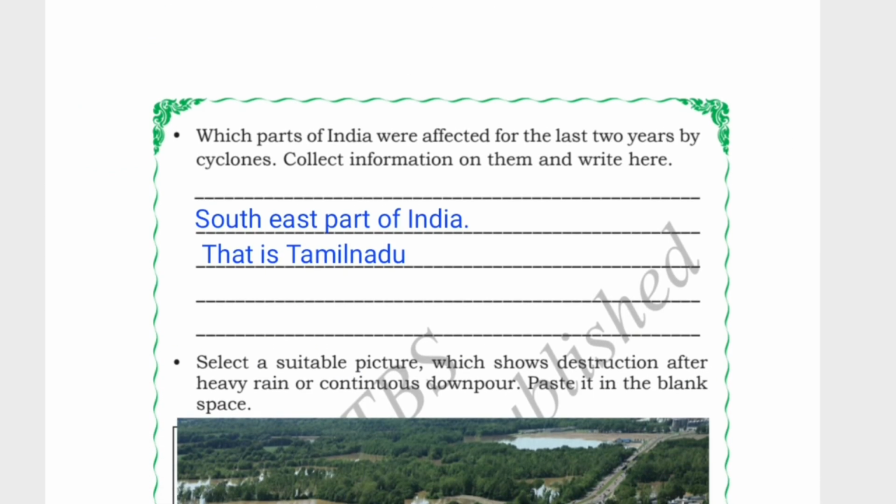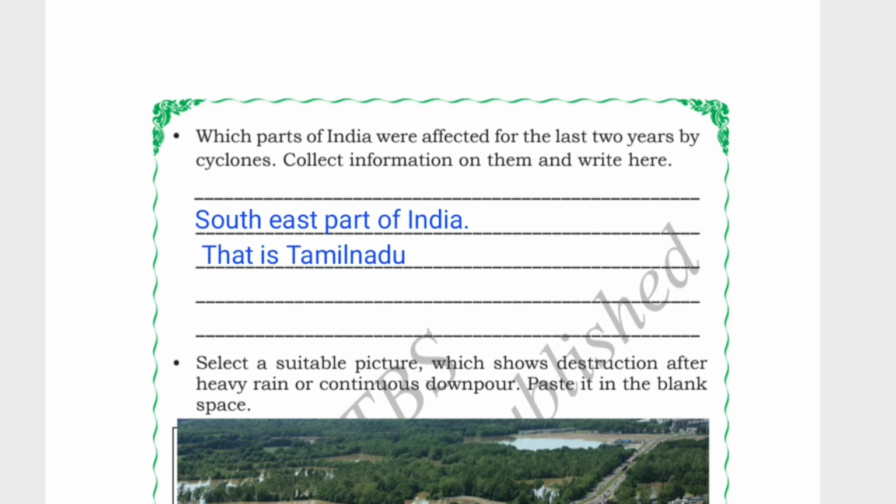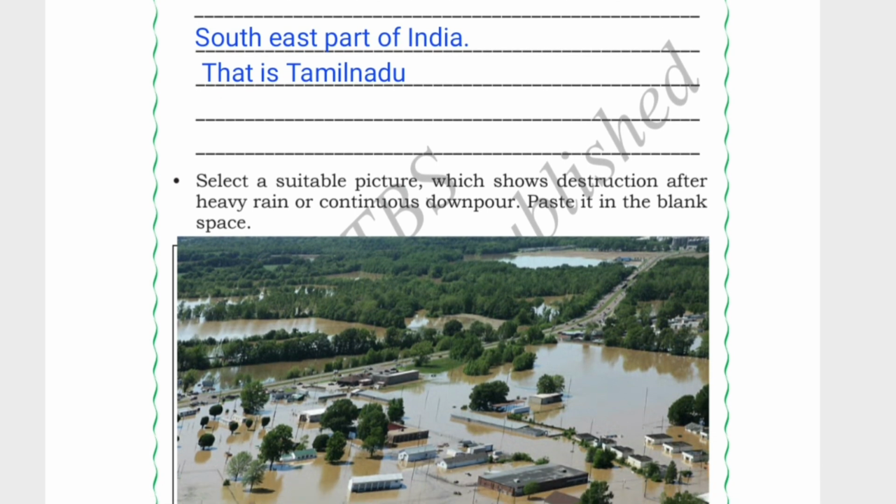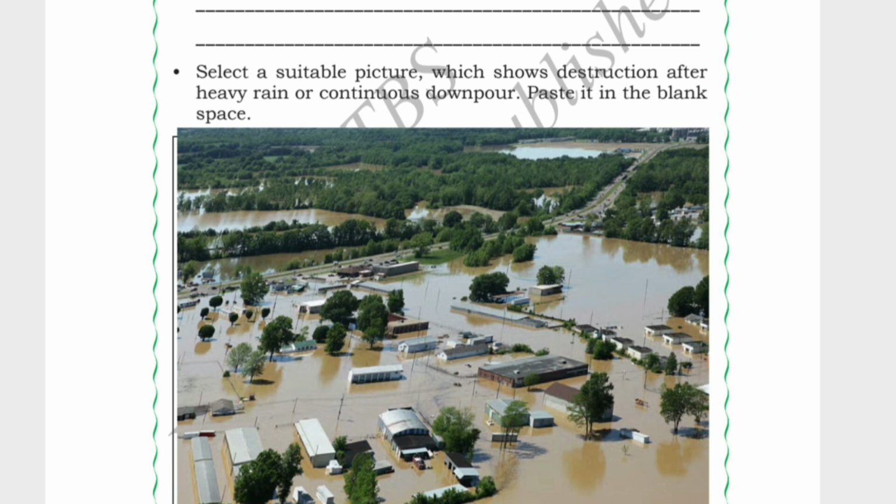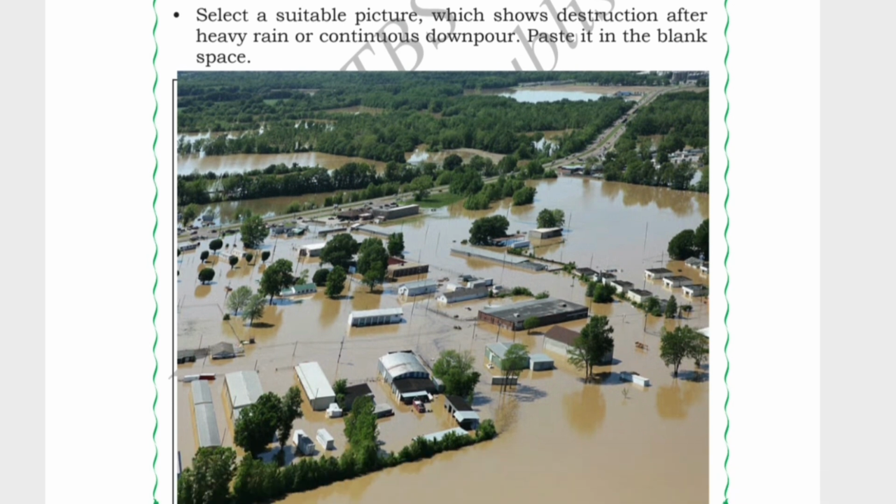The next one is which part of India were affected for the last 2 years by cyclones. Collect the information of them and write it here. Last year, southeast part of India was most affected by the cyclones, that is Tamil Nadu. So I have selected the suitable picture which shows the destruction of a heavy rainfall. I have just taken a picture and pasted here about the flood, destruction of flood. You can see here whole area is covered by water